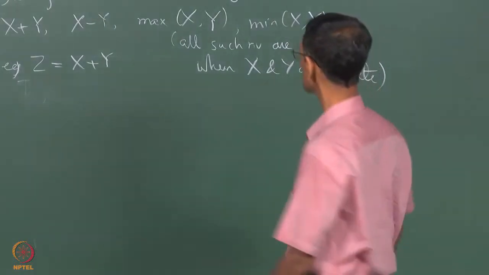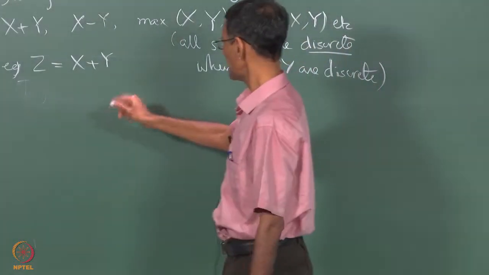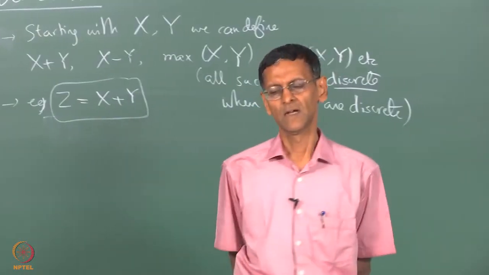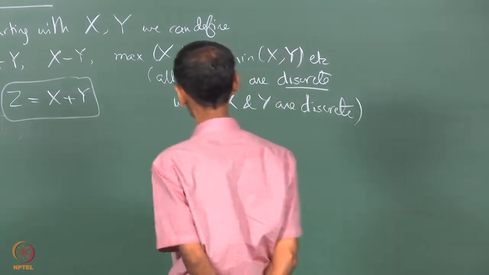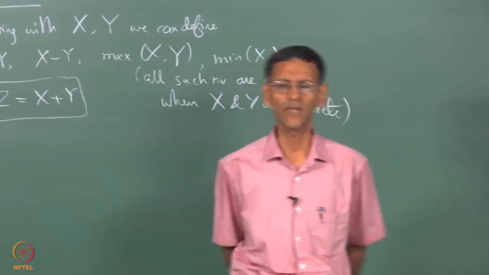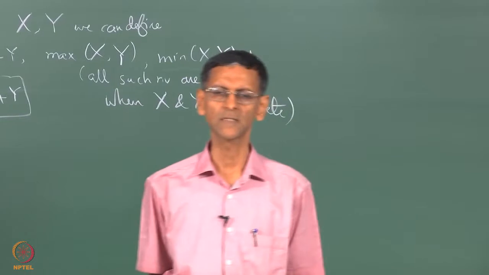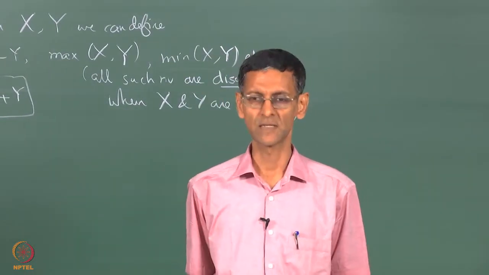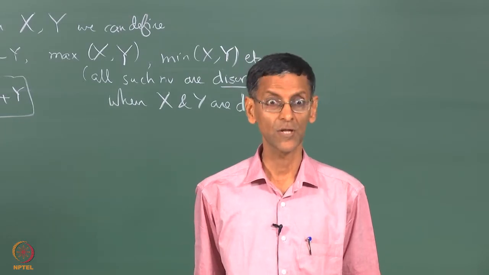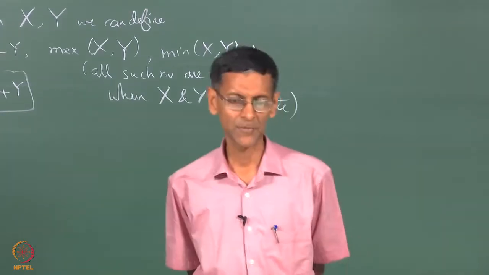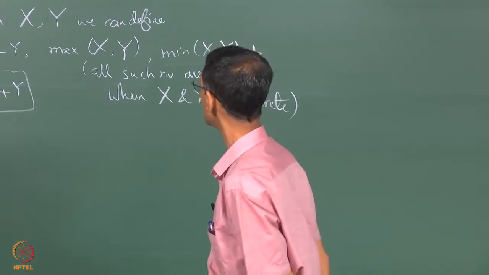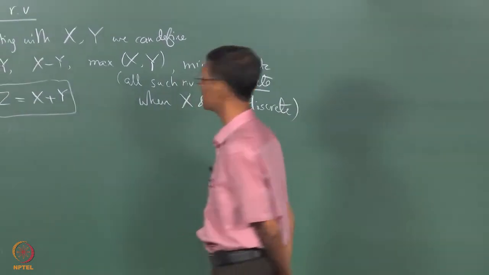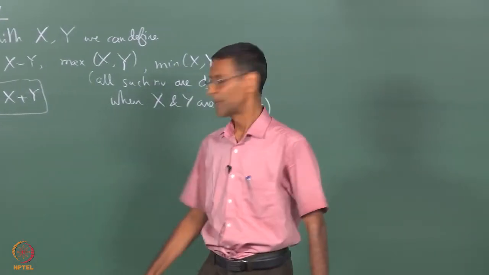Last class we looked at this particular case of x plus y in some detail. But of course, starting with x and y, which for the time being are discrete, you can define any kind of combination which makes sense or is important in some situation or the other. I have given a few examples up there. X minus y is sometimes as useful as x plus y, or max, min, and so on. Remember, max and min